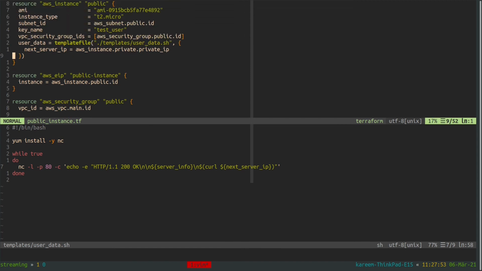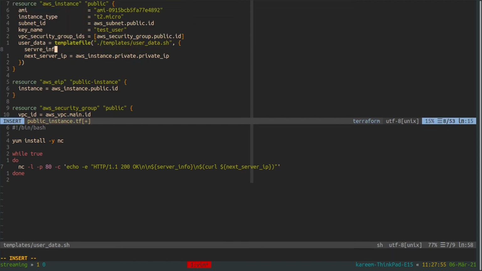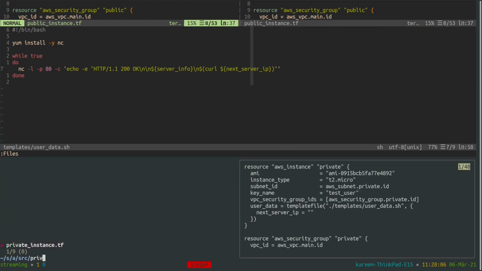And for my public instance, the server info variable, I'm going to just set to be a public instance. Alright, so that's what I'm going to display for my public instance. And for my private instance,